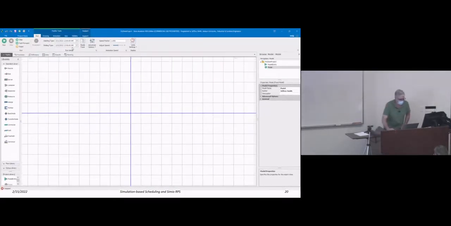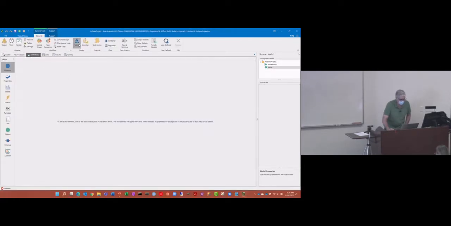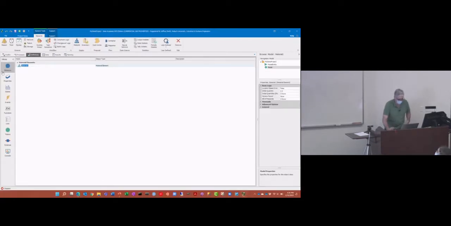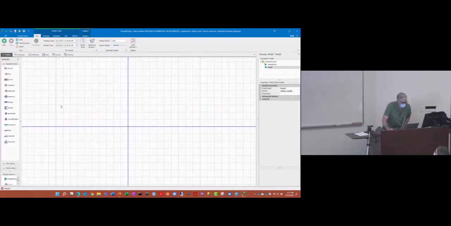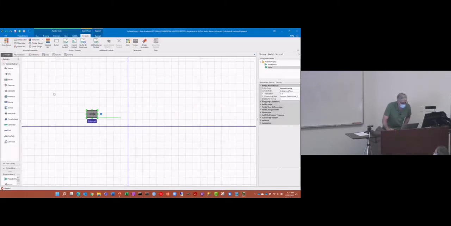And so I can go to definitions, and I'm going to create a material. I'm going to name it widget. And I'm going to have an initial quantity. What did I say, 50? 50. My initial quantity of 50. Okay? I'm going to go back to my model, and I'm going to define a source, server,